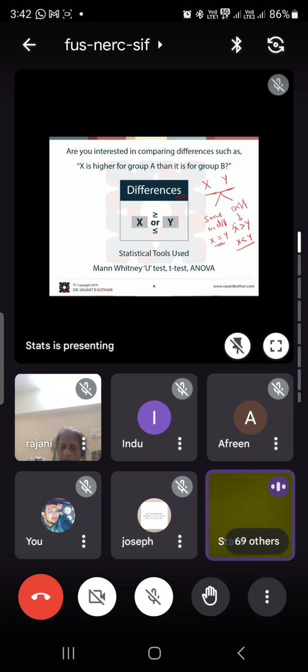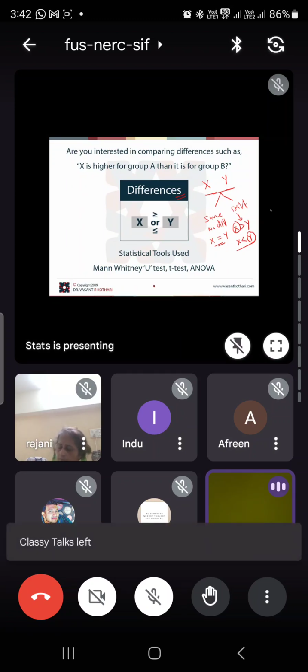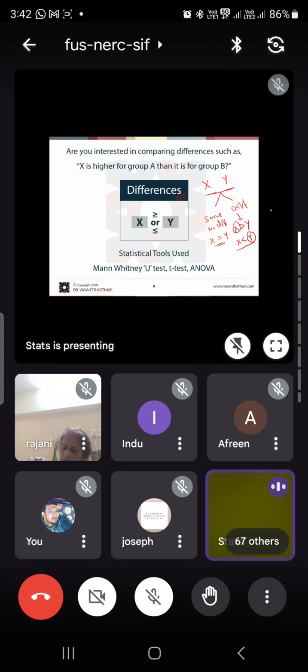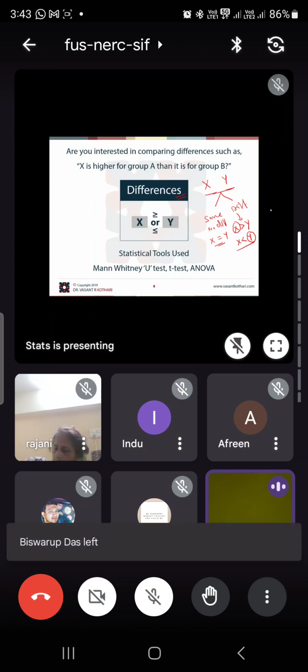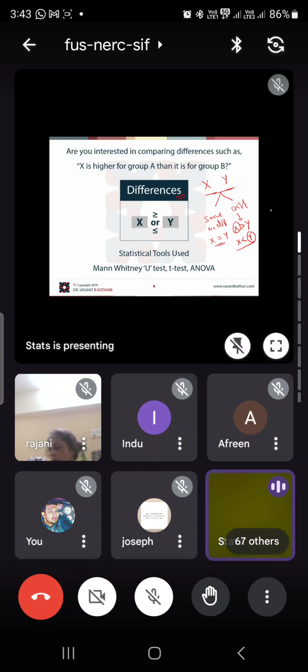So in this case, we'll select X. In this case, we'll select Y. Okay, because those are better. So in statistic, we need to take the decision which option is better. That is differences. So when two variables are given, two possibilities, either they are same, it means there is no difference, or they are different. When they are different, it means either X is better or Y is better.